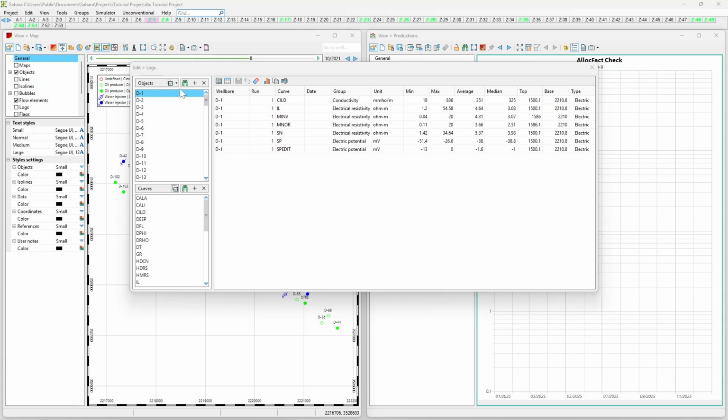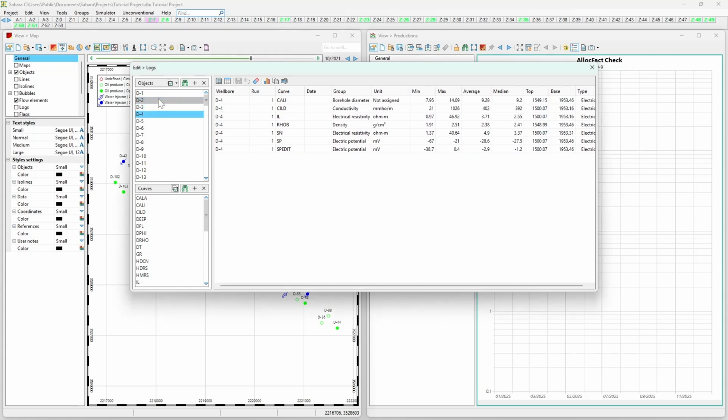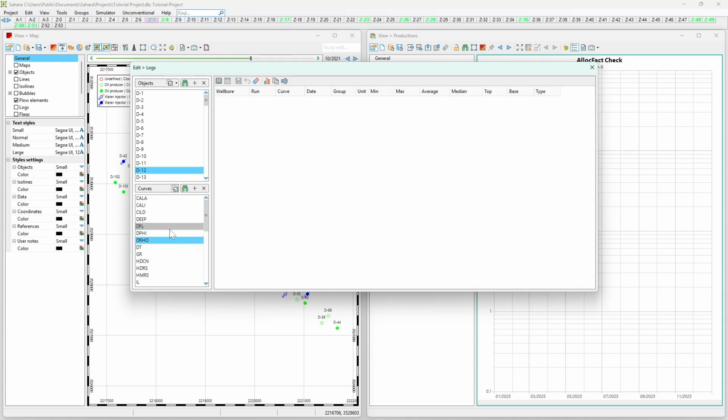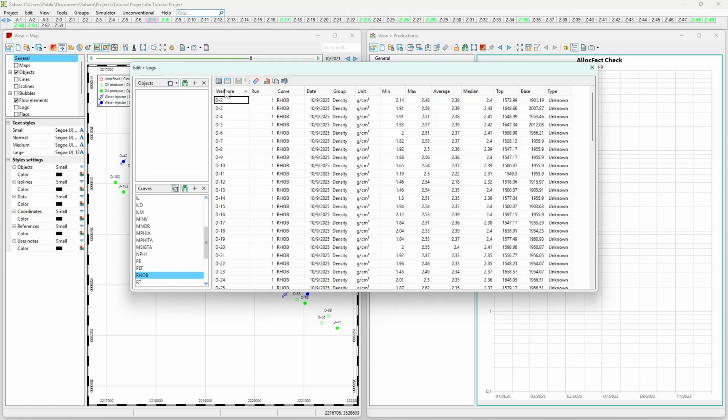the information. On the left side, here we have an object filter that we can use to check on each well which curves have been imported, and we can also select different curves. And in this case, if I select any of these curves here, we will do a double filter. We will see, for example, density in the D12 well, it has been loaded as this curve here. I can unselect this, for example, and see all the different curves of density that have been imported